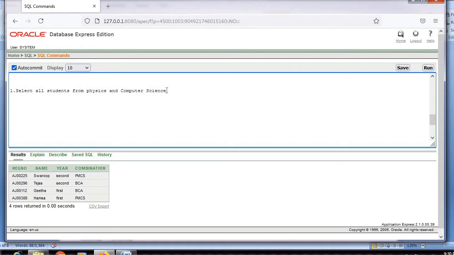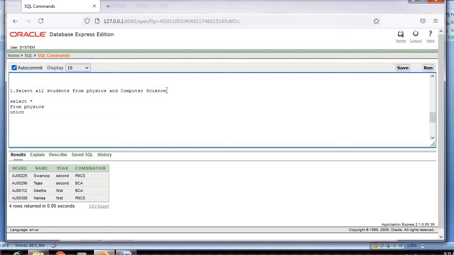First I'll write the query and then I'll explain. Select star. First I have to write select star. Which is the first table we have? We have physics. So I'll write from physics, and I want the students from physics as well as computer science. So I want from both. So I'll use a set operation which is union.